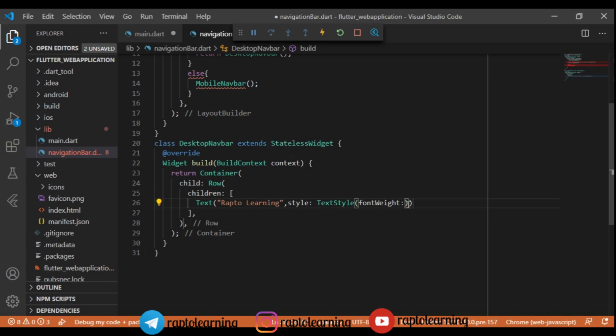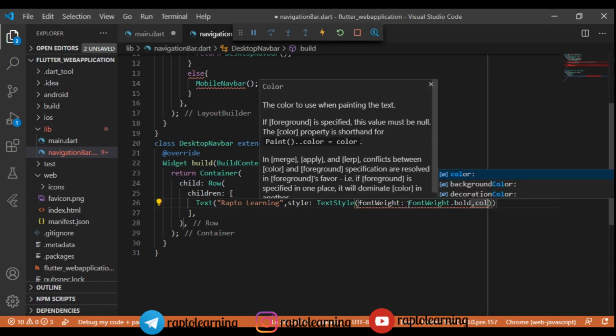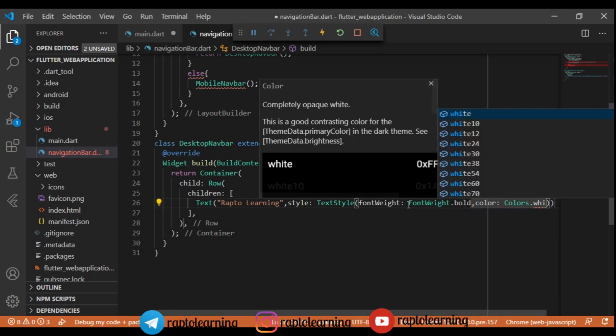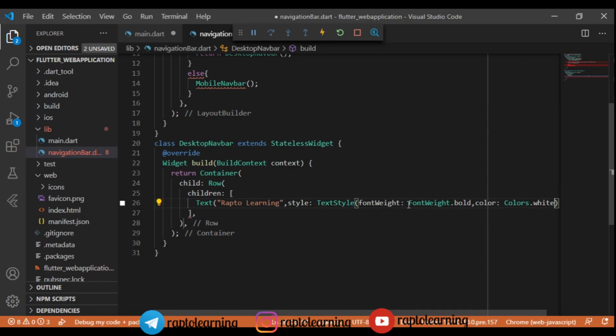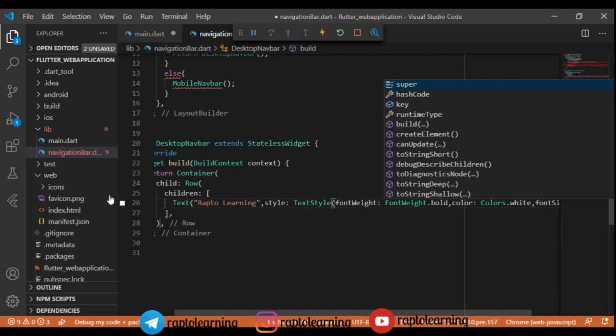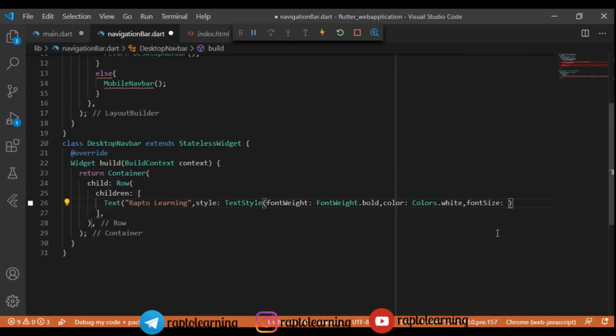First we will add a font, that is font weight is the most important thing. The font weight must be around, I think font weight dot bold is sufficient, right? So no need to mention fully which font weight and all those stuff. So we will add now color, and color should be white, right? Because our blue matches with white very perfectly. So we'll add white color to this, and we will add some font size. I was thinking that 30 may be sufficient, right? So let's see, if we want to increase, we can increase easily, right?